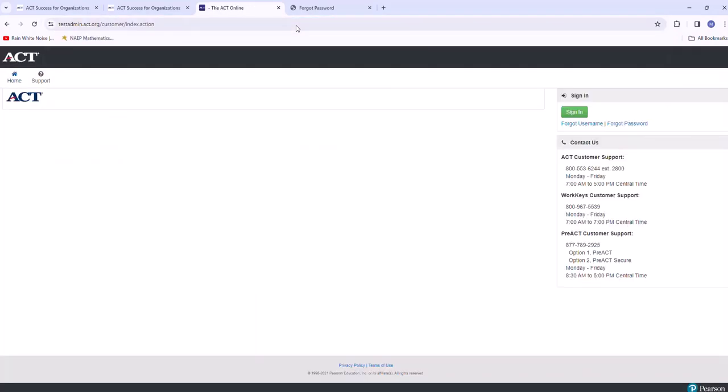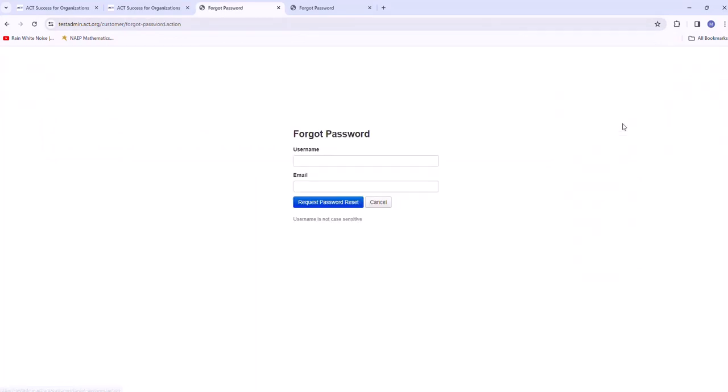Go here, say forgot password, and reset your password, and you're no longer going to be locked out. For WorkKeys, that's different. Everything's different for each platform, how you deal with it. With WorkKeys, you have to contact me so I can enable you. But for PA Next, this is how you do it.